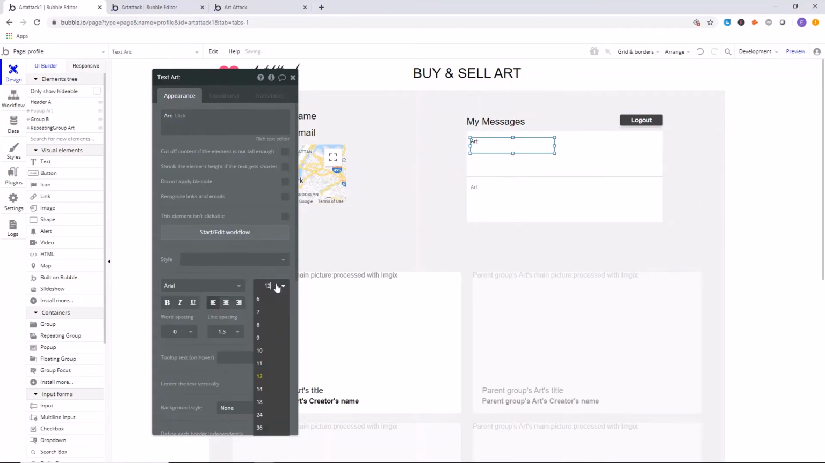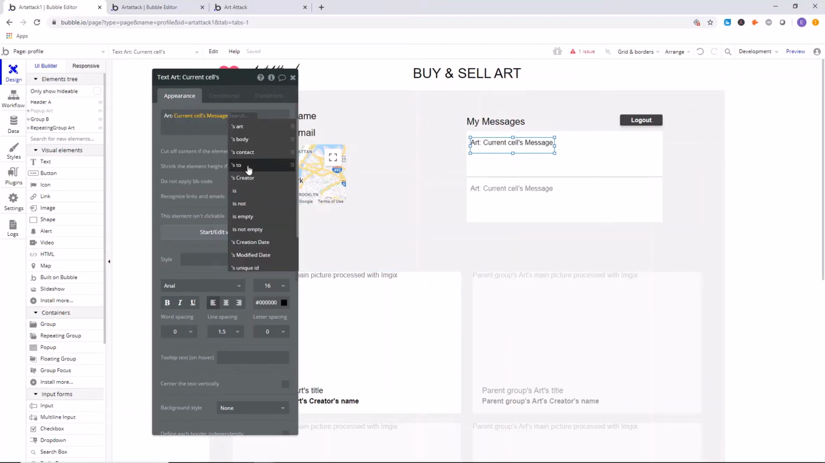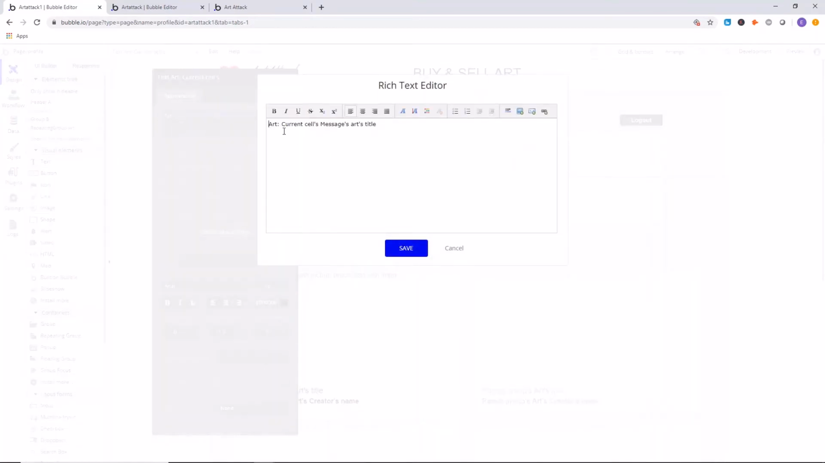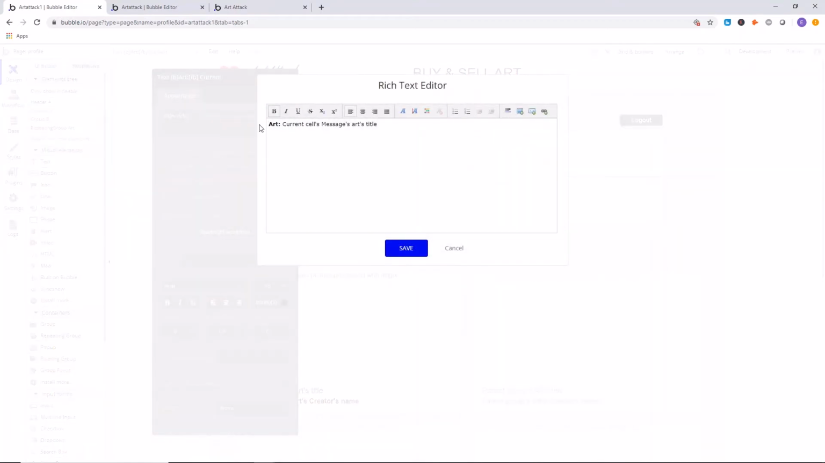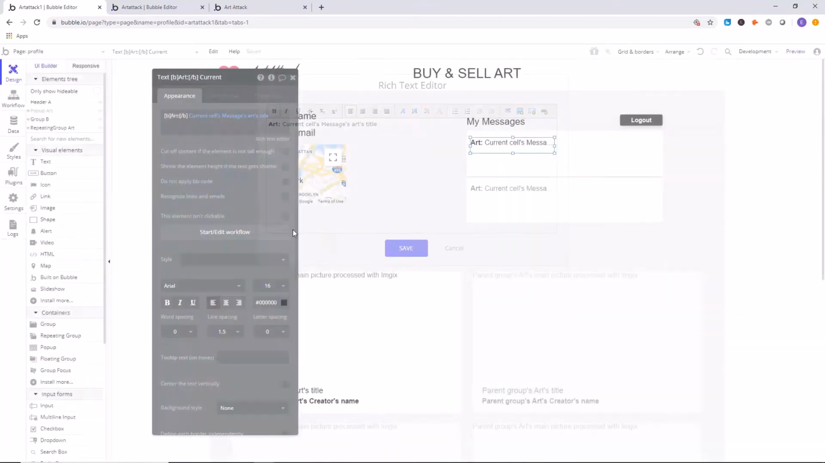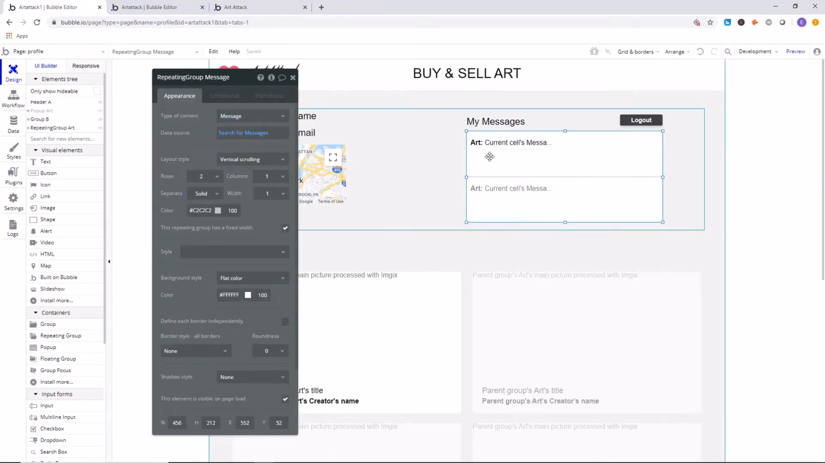Remove the style, change this to size 16, not size 6, that's way too small. Okay, and current sales message's art's title. Then I'm actually going to change this art to bold. So you saw I clicked on rich text editor to get to there. I highlighted the art and then clicked on bold. Okay, I'm going to do the same thing with